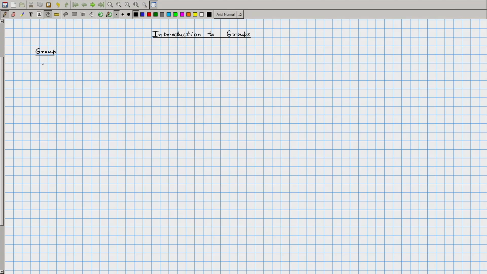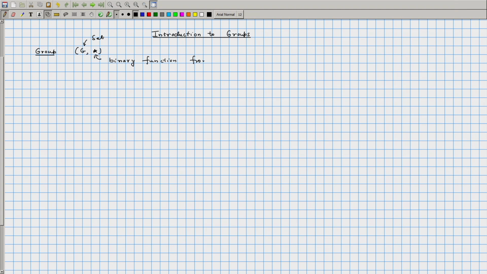So, we will continue our study of groups. A group is basically an algebraic structure. We denote it by G star. So, it has two components. The first is a set and the second object is a binary function